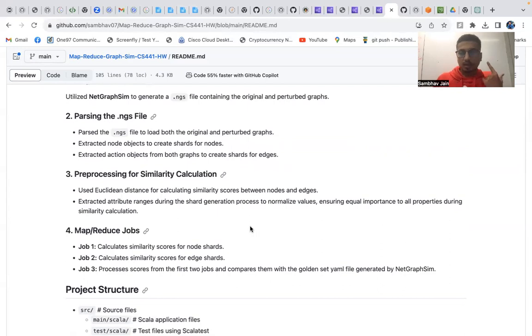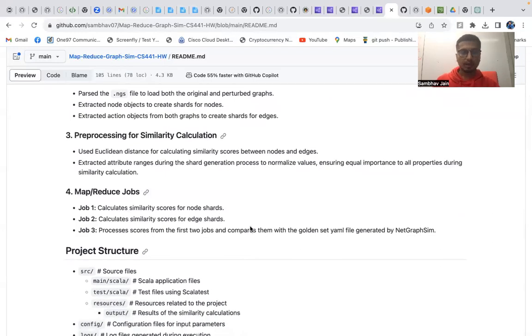As mentioned earlier, I have used the Euclidean distance metric, but also to give equal importance to all the attributes, I have normalized all the property values so that equal weightage can be given to all the properties, and it's not just that one property influences the Euclidean distance. This normalization of the properties will help us deduce more meaningful results between the similarity scores. So after we do the pre-processing, that is we generate the shards,